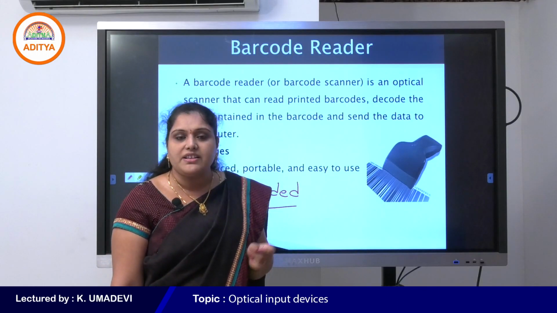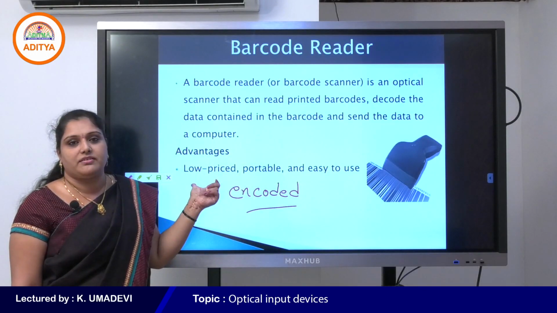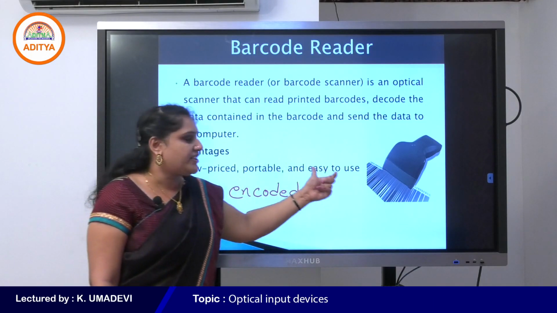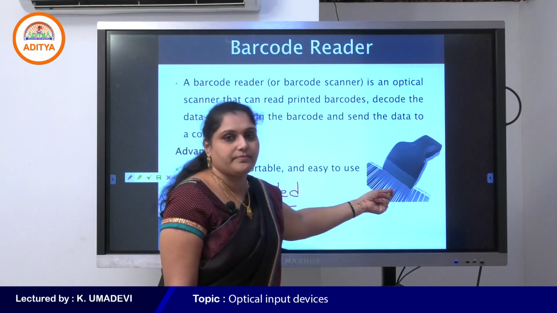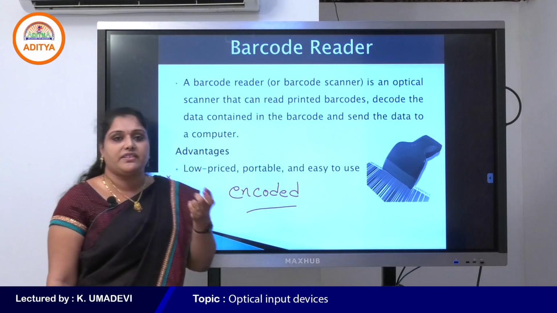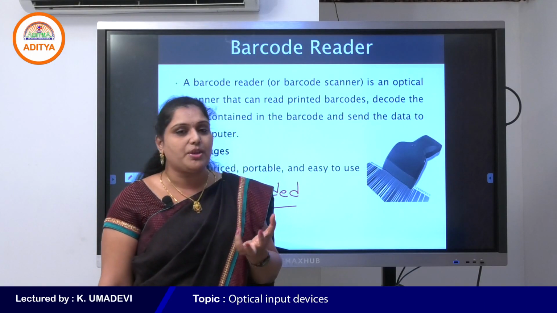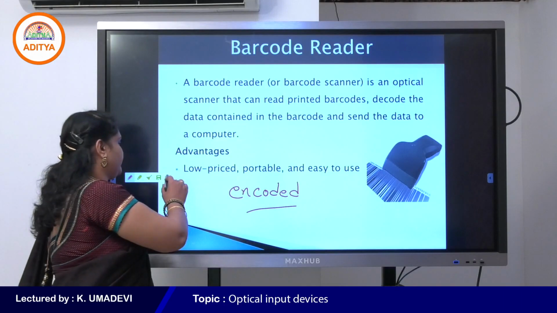It is also called a barcode scanner, and it is portable, that means easy to carry. We can easily move and use this device, and it is a low price device and easy to use. These are the main advantages of a barcode reader. So what is the next one?